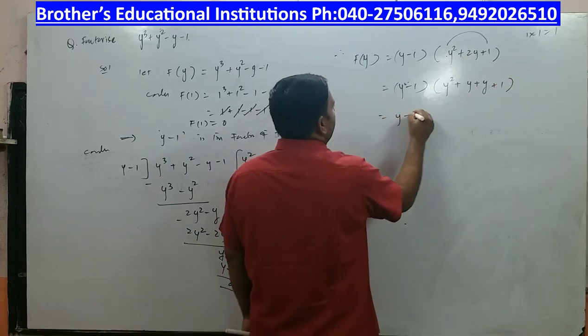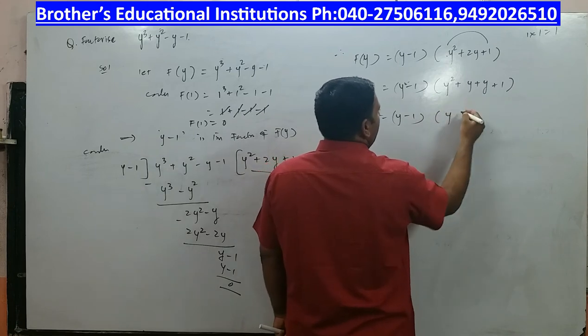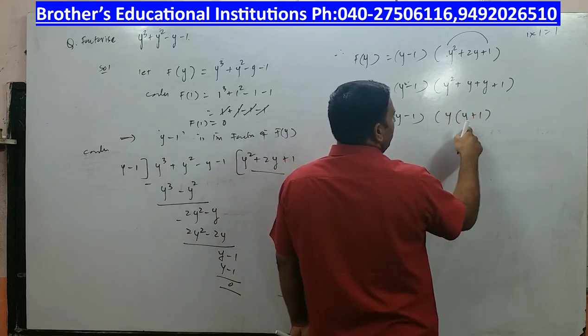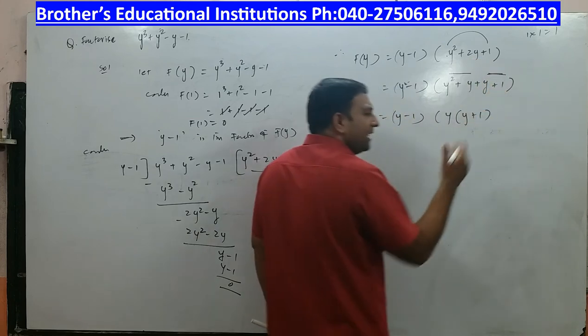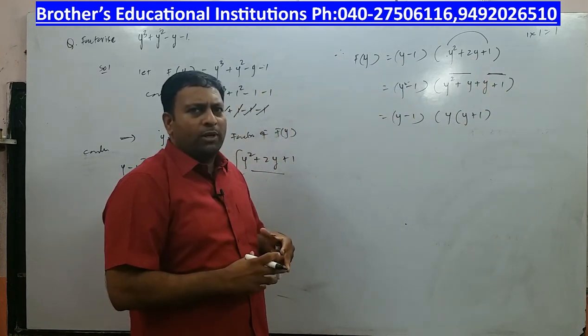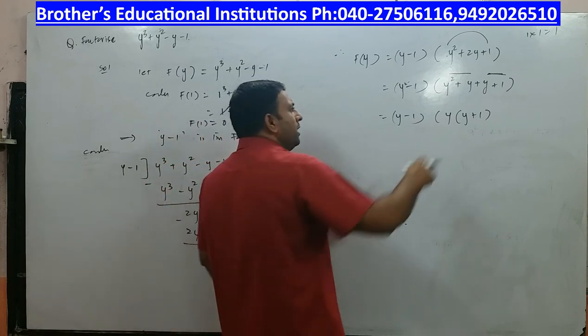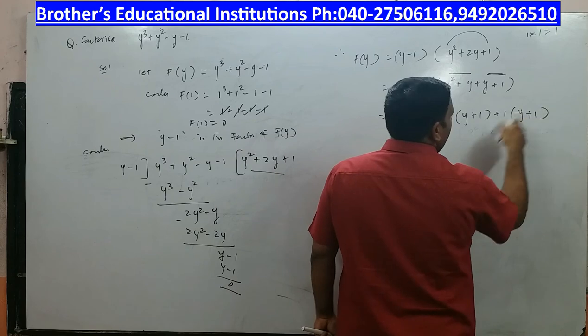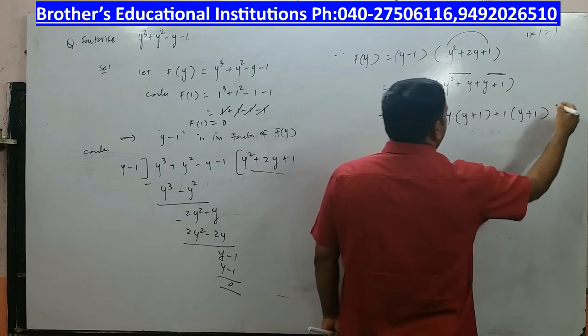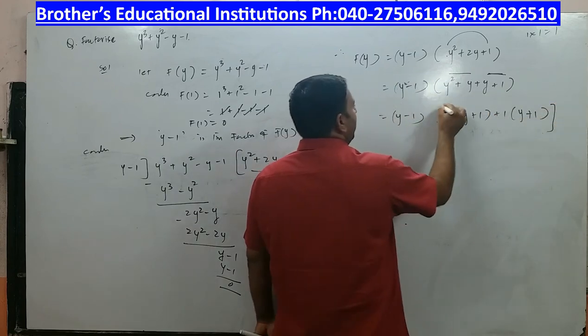Now it is y minus 1, y common. When you take y common, it is y into y square, y into 1 y. So I got y common here. And between these two things, there is nothing common. Remember, when there is nothing common, you can take the help of 1 or minus 1. In this case, I will take the help of 1. So it is 1 common, y plus 1. 1 is common. 1 into y, 1 into 1, 1. Brackets close. So put these special brackets here.